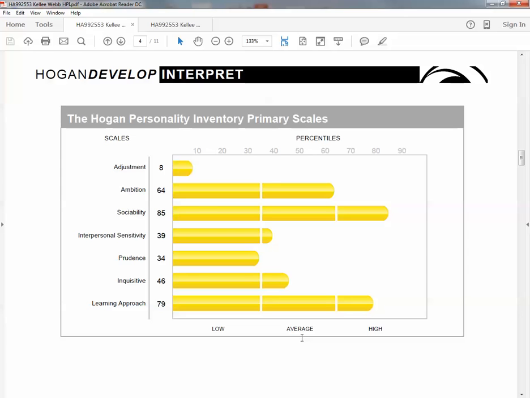For me, being high learning approach, I enjoy training for the sake of training. Like if I go to a training, I not only want the outcome, I not only want the information, but I enjoy the learning aspect of it. I enjoy thinking about how they did this training section or this role play, and thinking about the whole learning approach, not just the outcome. For other individuals who are maybe on the low end, they're more concerned about the outcome. Okay, I've got to sit through this training, but I know this is going to benefit me because I'll be able to take XYZ back and help improve my job. And then people who are right in the middle,